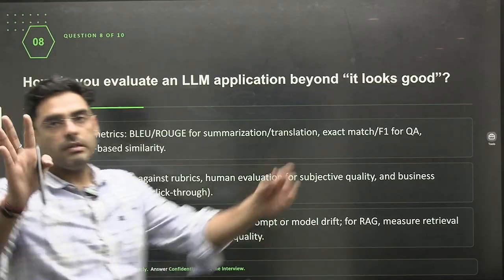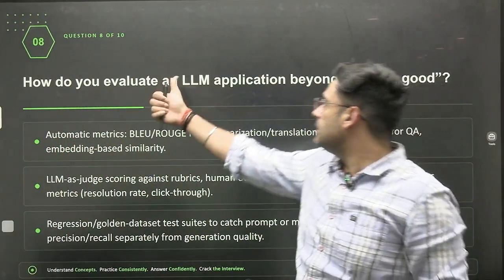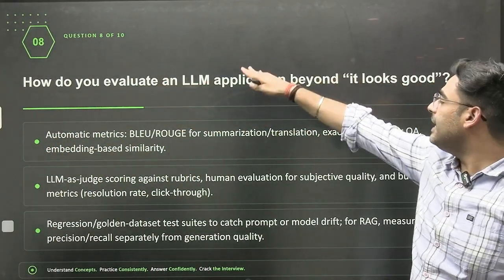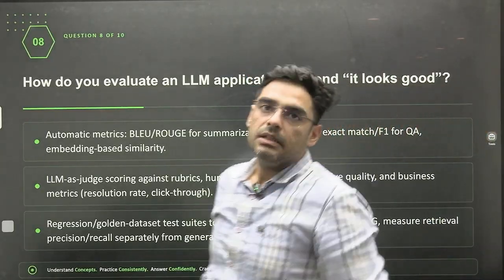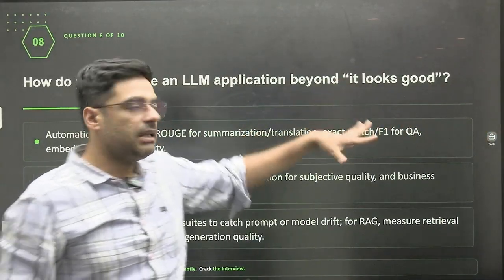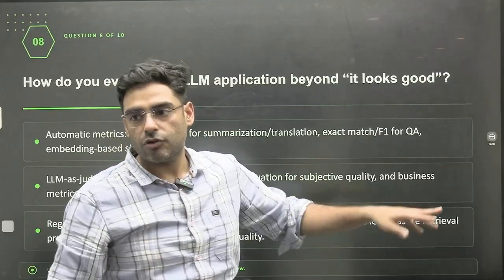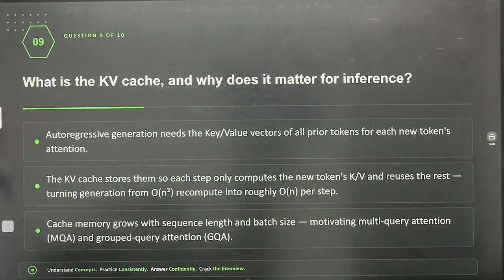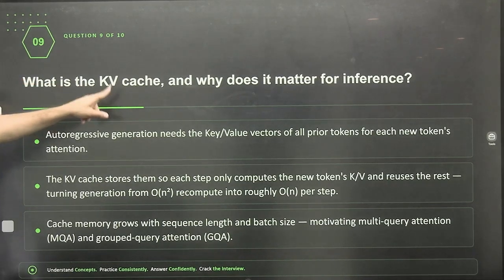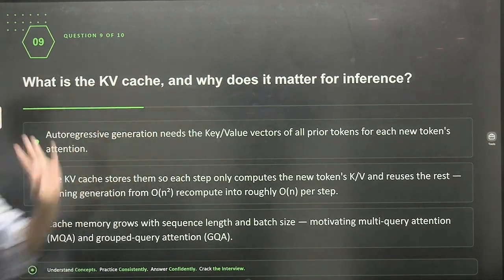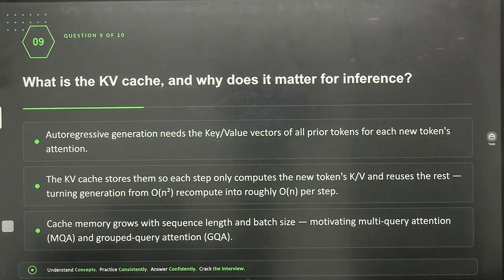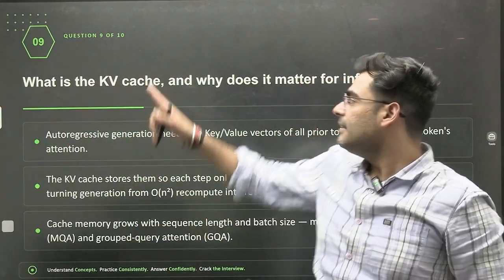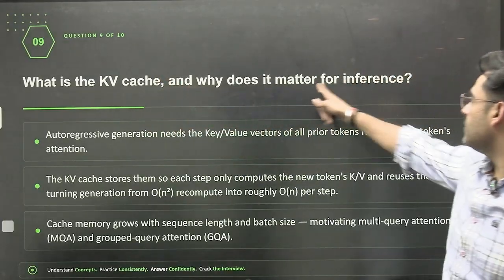So you should at least have knowledge of all the LLM metrics that you must have used in a project. Okay, so you can just make a table, and you should know the definition also and what the significance of that is. Okay, then a highly asked question that you can find is, what is KV cache and how does it matter for inference? Okay, so you can just read the definition and prepare an answer. Definitely that shall include KV cache and how it matters for inference.